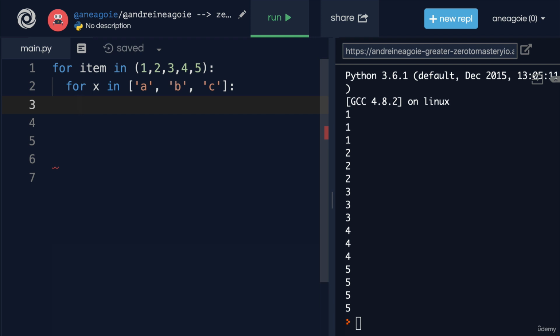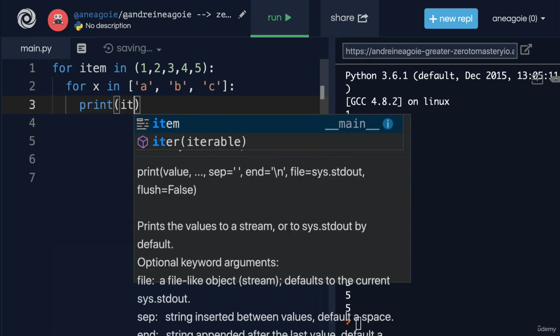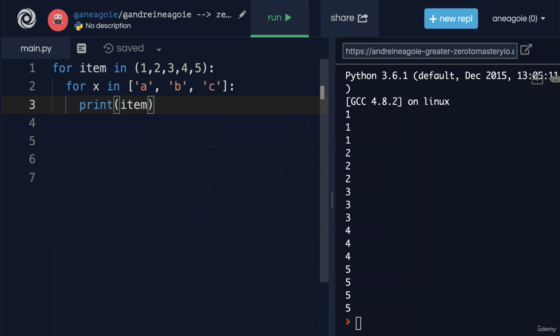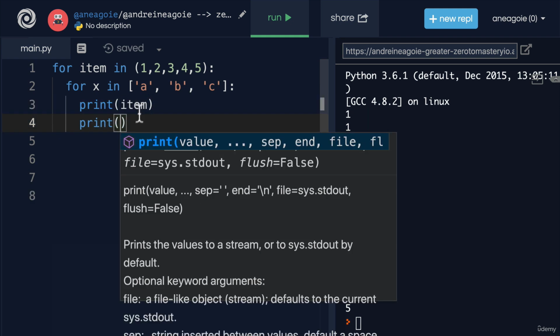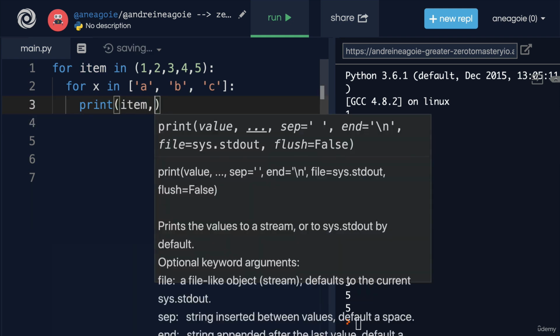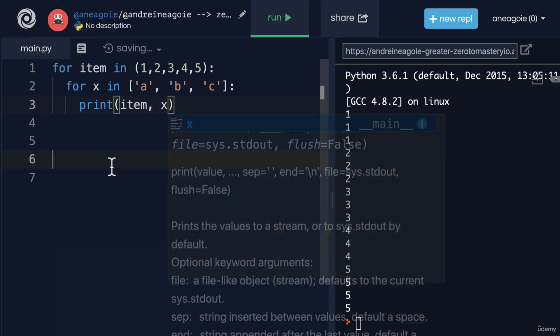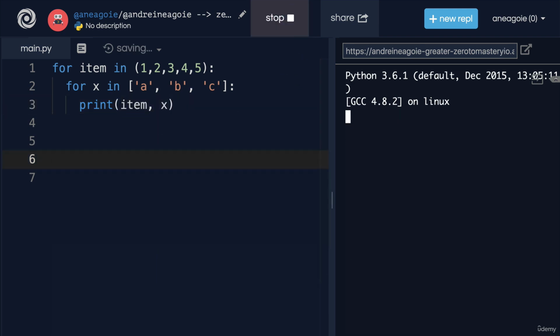And as a matter of fact, when we do conditionals in Python, like if statements, we can always nest those as well. Because in Python, it's always the indentation, right? So I can say print here item, and then also print, and you know what? Let's print them one next to the other. So I'm going to say print item and print X. If I click run,